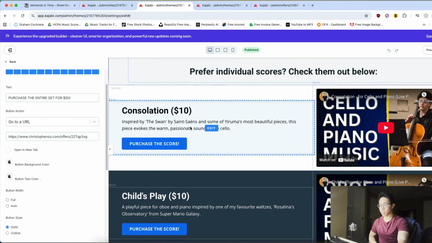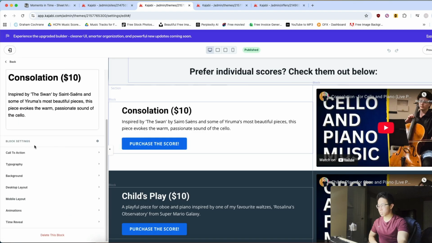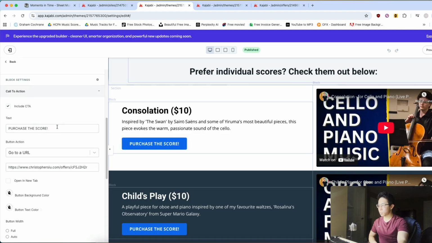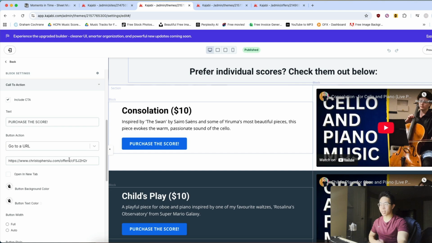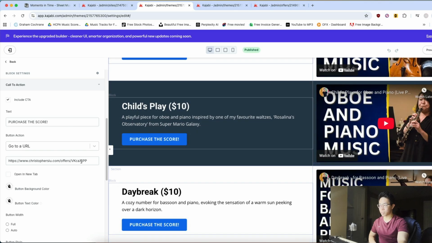Then these are all sort of the same. If they want to purchase the individual scores for $10 each, they certainly can. If they click one of those buttons, let's take a look at the call to action. You can see the URL takes them to another offer for that specific score. This one as well. Let's look at the second one, Child's Play. Again, a different offer, right? So looking at those offers,